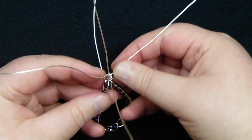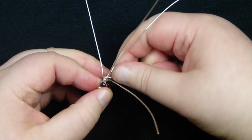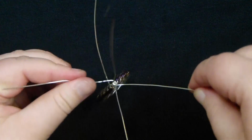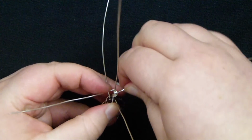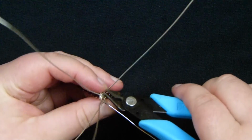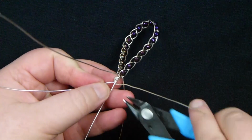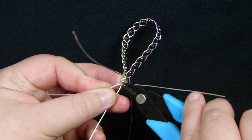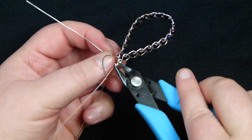And once you feel like you're there, and also making sure it's going to seem like it's nice and secure, just going to do a little bit more, just like that. And I also want the wires to kind of end on opposite sides, just like that, because that obviously fits where they came from. So when I'm happy with that, I'm then going to take my wire cutters again, because I want to then get rid of these ones. Just cut them off the exact same way, back where you have the last wrap, and then cut off the excess. Same on the other side,